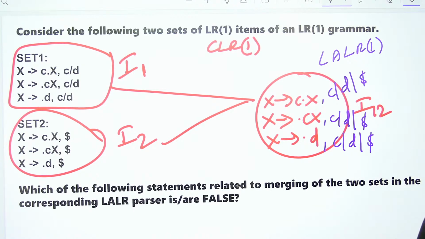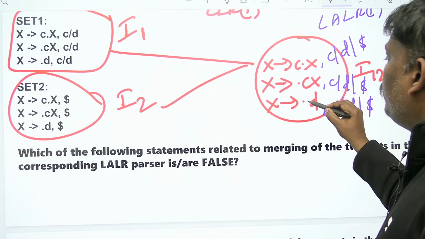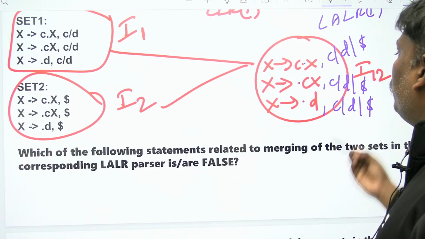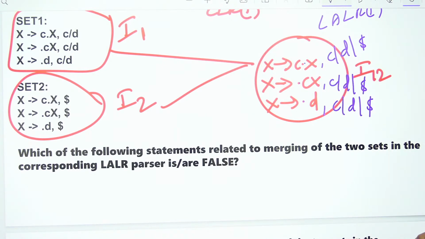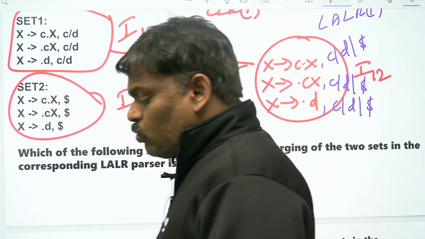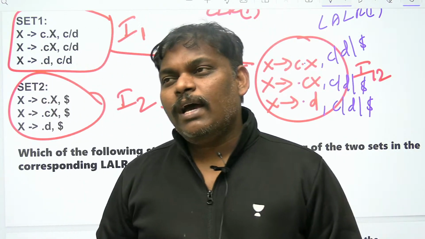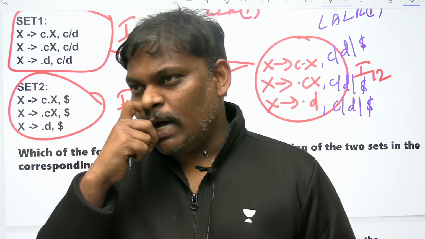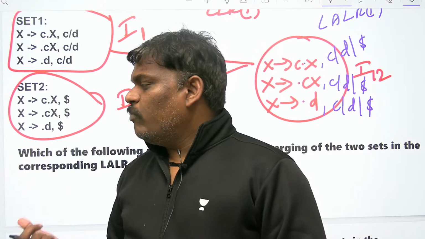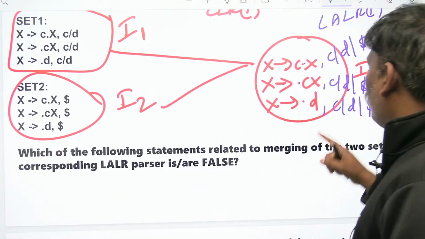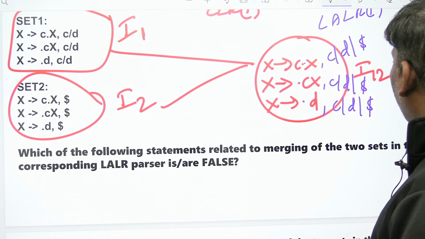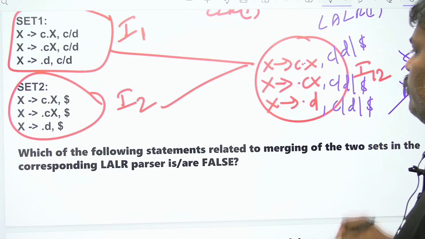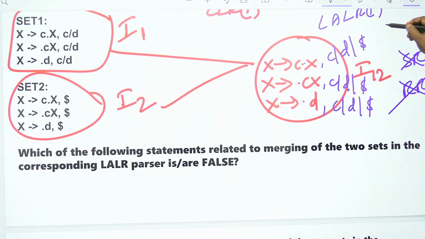Now let's see any conflict. Anyone completed here? No one completed. Where is the conflict? No conflict. To get the SR conflict, R is required. To get the RR conflict, R is required. So to get the conflict, definitely R is required. SR also has R, RR also has R. Without R, how is conflict possible? So here there is no R. Because of no R, SR is not possible. Because of no R, RR is also not possible. So no conflict. So the given grammar is LALR1.